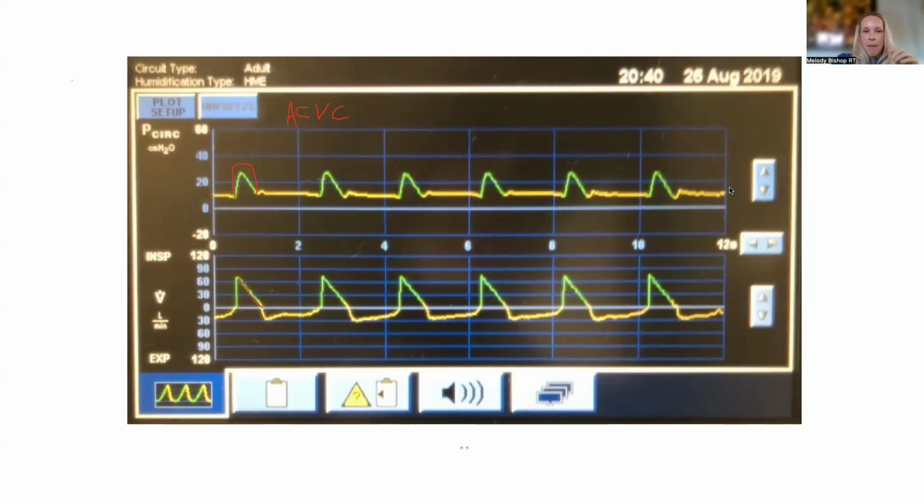100%. My next thing, once I decide what mode I'm in, is to think about which parts of the waveforms I can really look at to see where problems are going to be. With a true volume control, your inspiratory flow is going to be decided by what you set. So I won't necessarily look at my inspiratory flow waveform, but I'm going to look at my expiratory flow waveform to give me clues about the patient, because that will always be patient driven. And I'm also going to look at my pressure waveform. Those would be my next steps.